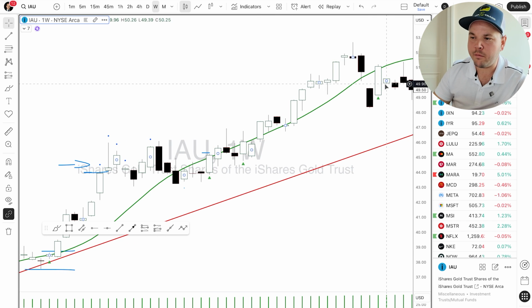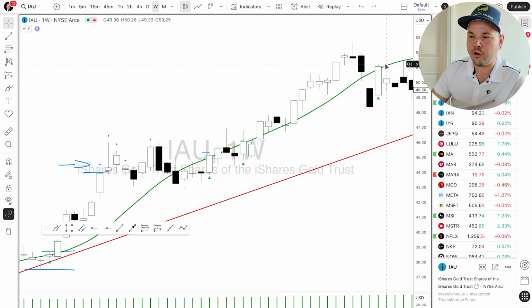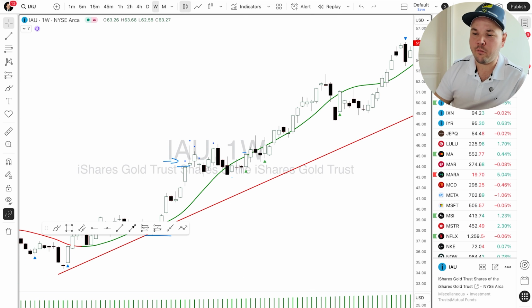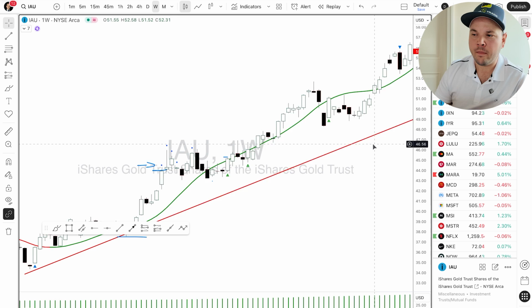Right? So if you have any dot coming up, we don't have any dots. We come back with the second entry. Again, we can scale in over here, add more size. As you get to build these positions, this can really lead to some really, really big winners. Because you build your size up, you increase your size, and you really take more risk,